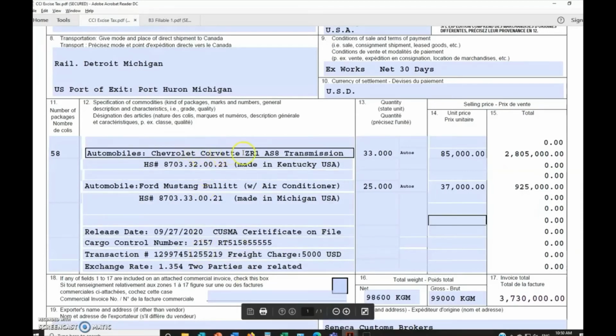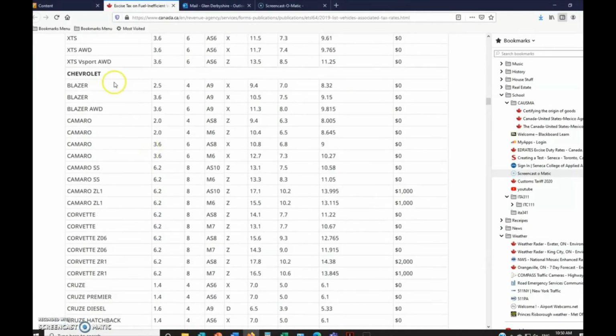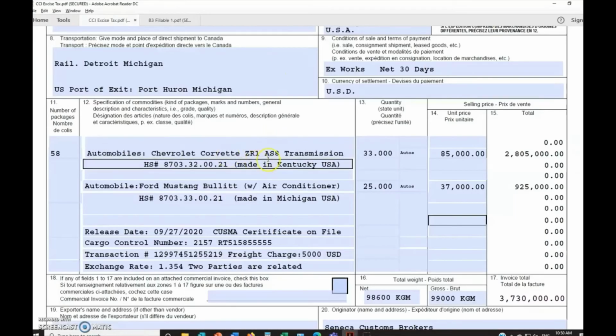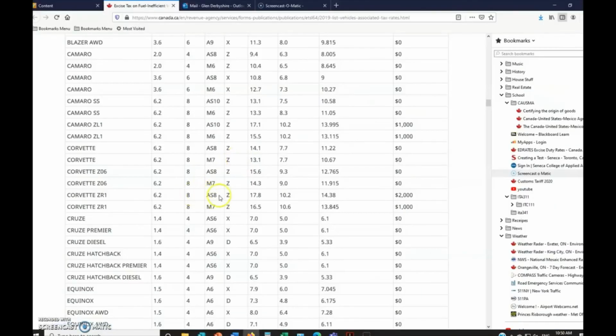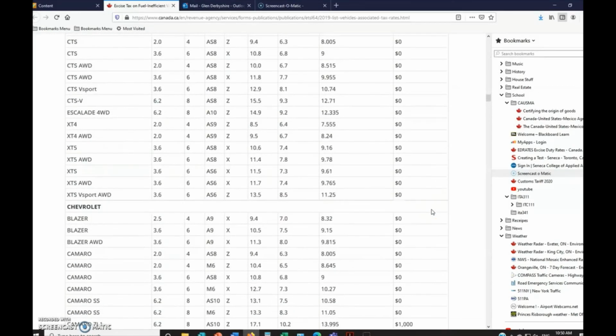we got a Chevrolet Corvette ZR1 AS8. So we got Cadillac, we got Chevrolet. So we scroll down here, we got Corvette. So we got Corvette ZR1, and we scroll across, there's 2 ZR1s, so which one do we have? We have the one that says AS8. So that's this one, Chevrolet Corvette AS8. And you'll notice it is considered a fuel inefficient automobile because in this column that says fuel inefficient vehicle tax, it says